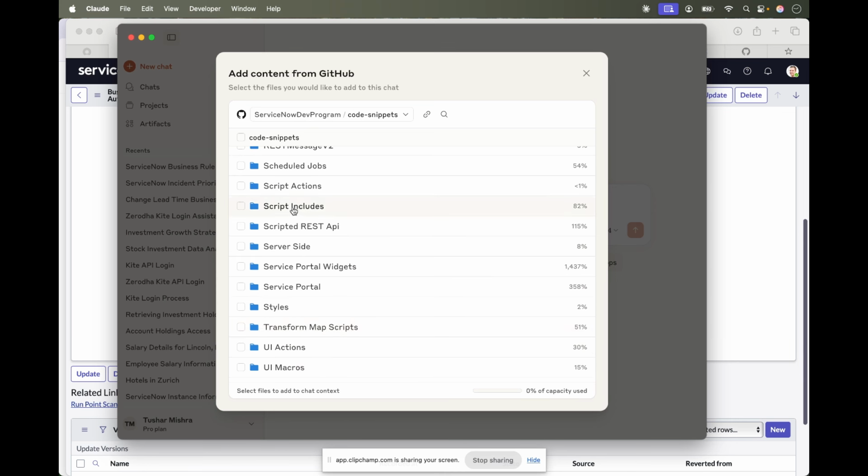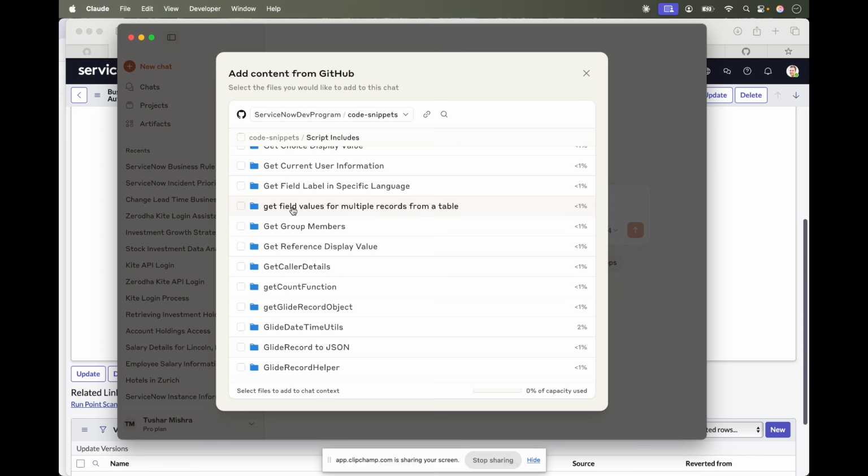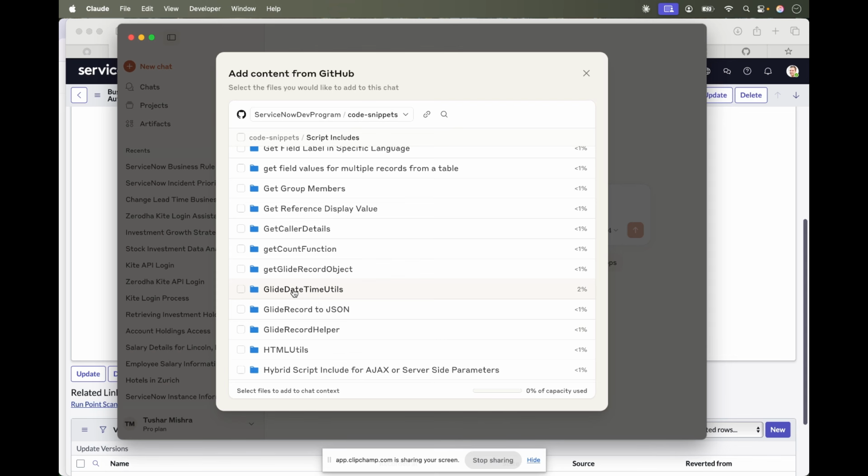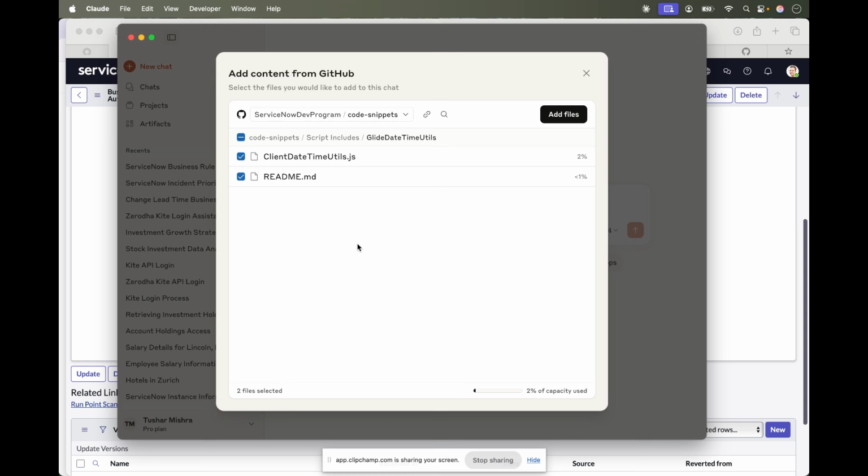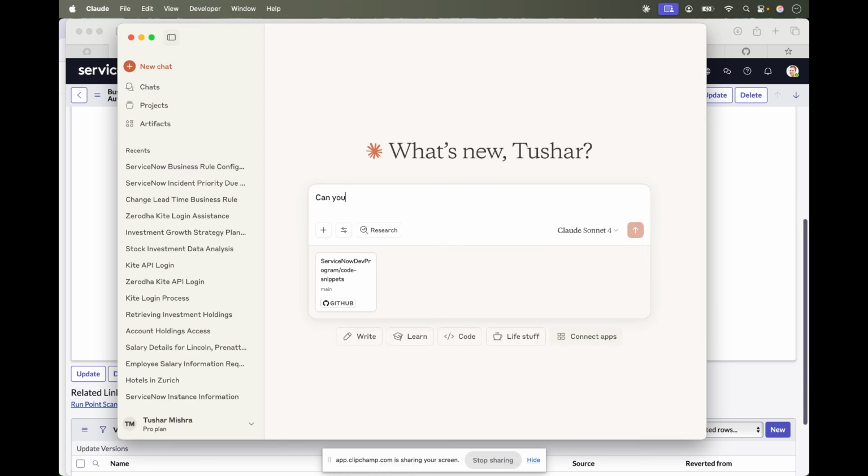I'm going to add more tools in it so that we can create all these, but let's just click on this glide date. Okay, so I want to create this script include. Let's just say, can you create a script include for the date utils function, and also add a function which can handle the daylight saving time changes